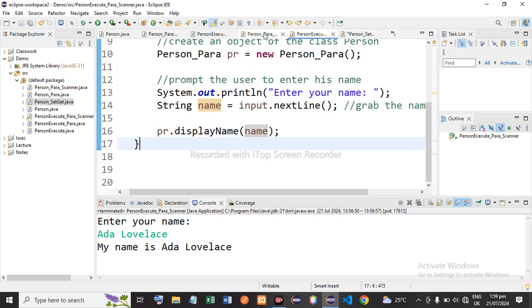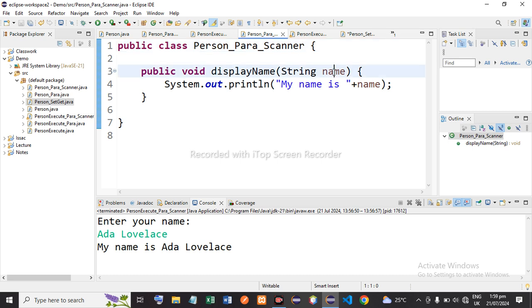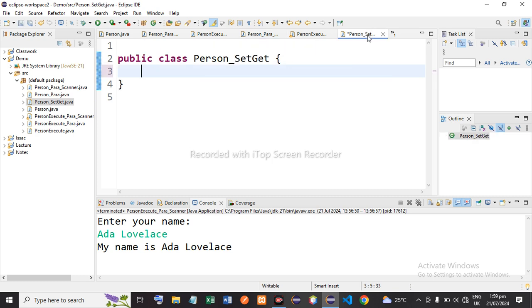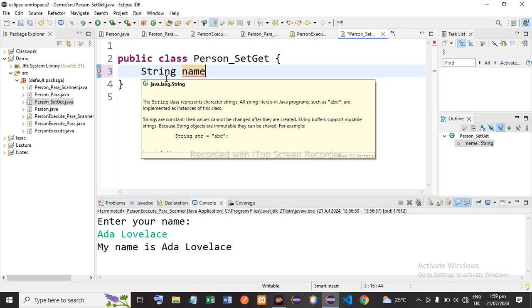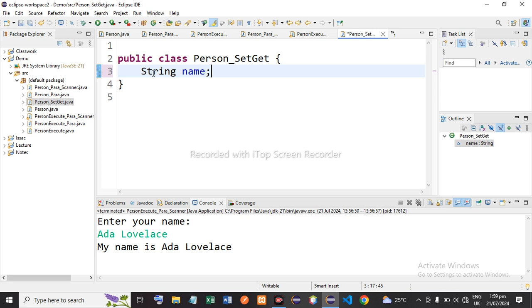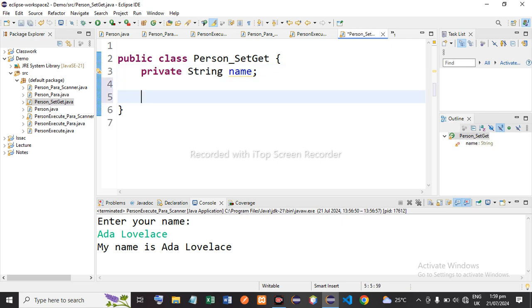string name, of course, we have it here. Oh, sorry about that, here actually. So we declare it as private because we want it to be accessed here. Then we are able to have our methods public